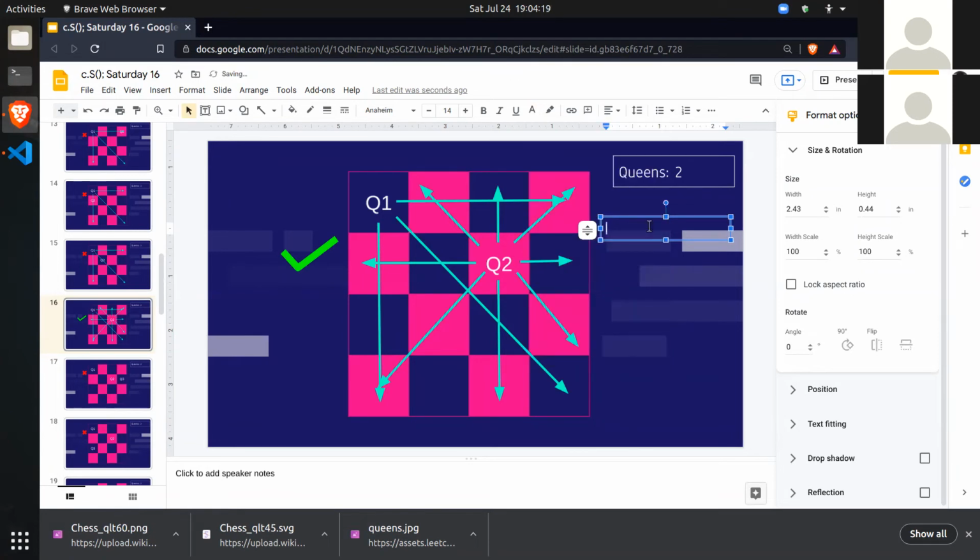White, bold. Okay. So it is Q2's position. Q2 is at 1 comma 2. And what are the cells to the top left? There are 4 directions for the diagonals. One is to top left, one is to top right.